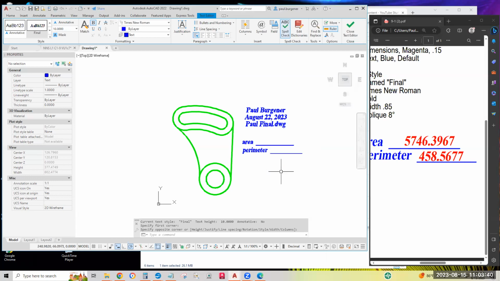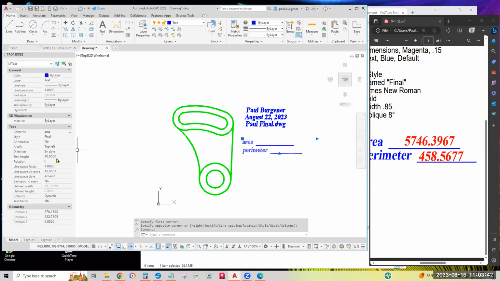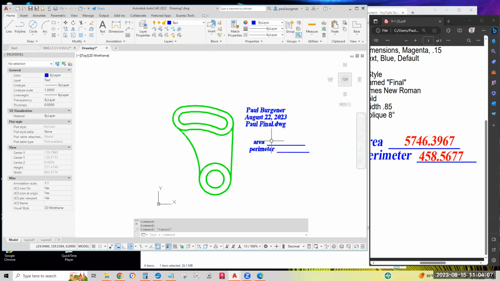Either way, hit enter, select it, double check it's 10, text type 10, good. Line space factor should be 0.85. And what else? Justification. It doesn't look like the handout follows this, but the handout says text should be middle center. So there, we're ready to